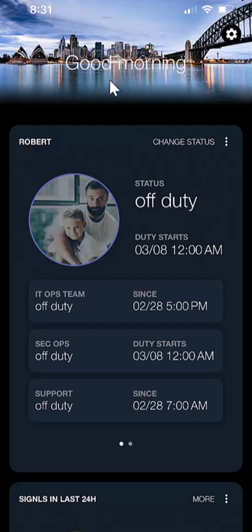Today we're going to go over the SIGNL4 mobile app and give a brief tutorial of the items inside of it. As you can see here, I have loaded up my SIGNL4 mobile app. So the first thing we have here is the duty status of your user. And as you can see here, I'm currently off duty, but I do have some scheduled duties that start coming